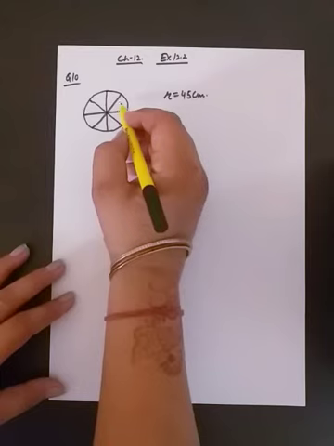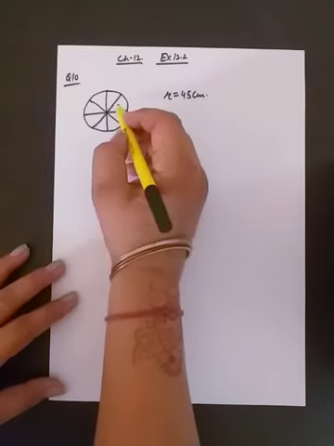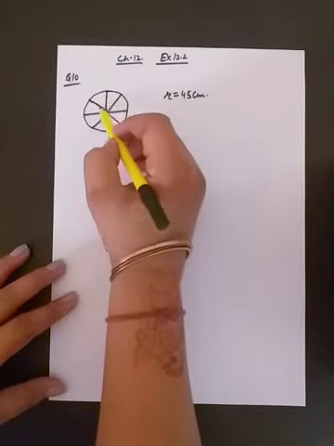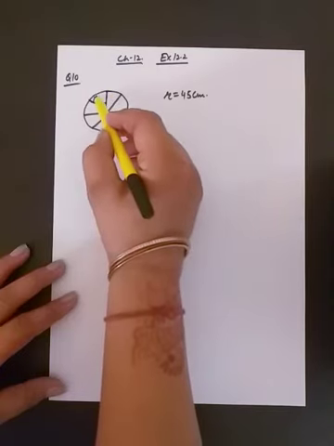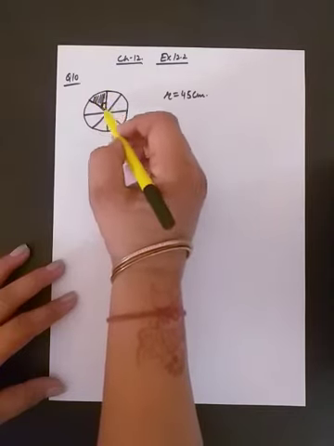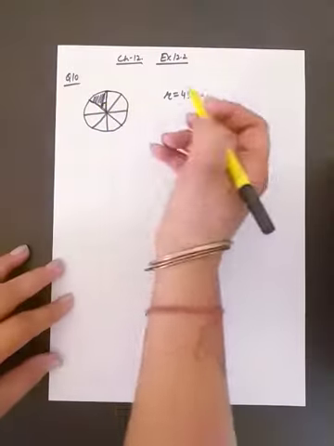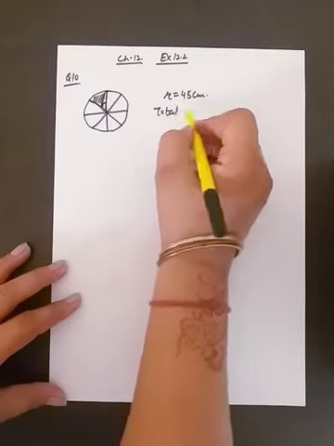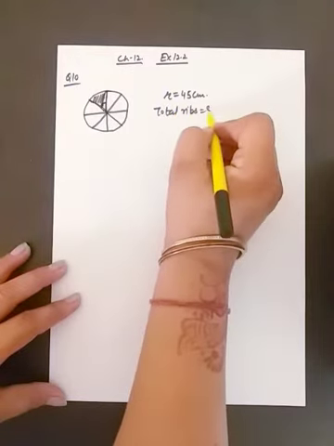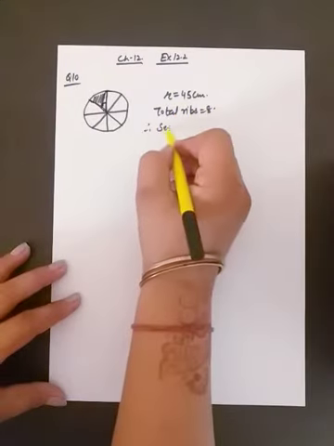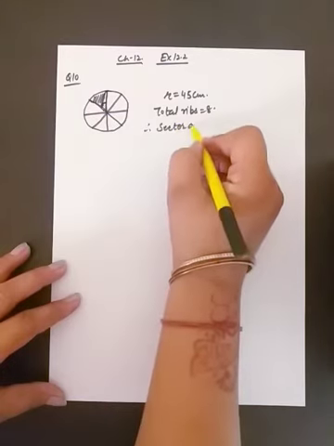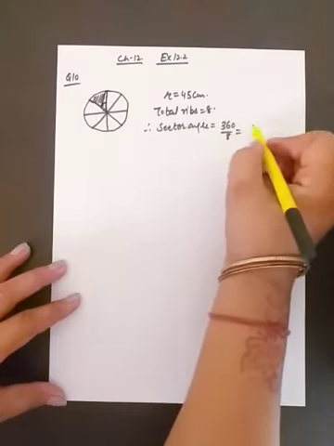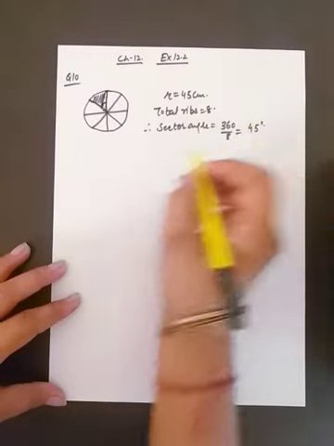Find the area between the two consecutive ribs of the umbrella. Two consecutive means like this. These two are consecutive ribs. We have to find this one area. For this we must know radius and central angle. So total ribs are 8. Therefore sector angle will be 360 divided by 8. It will be 45 degree.